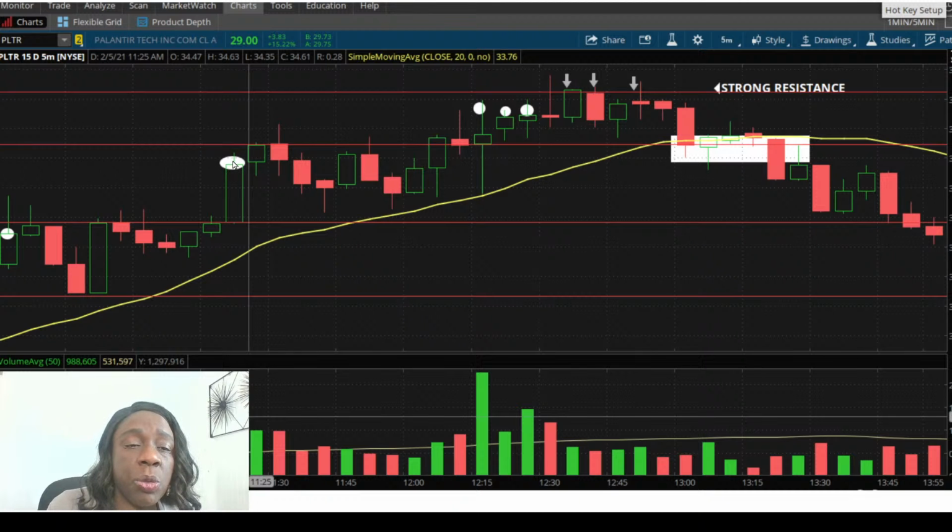The white spots, you will see that my white spots occur just before the upper level. So the upper level is always your area of resistance. That level is trying to resist price action, which is represented by the candlesticks. The upper level is always trying to resist price action breaking above it. And so there is a greater chance, as shown by these 3 white arrows, that price will be